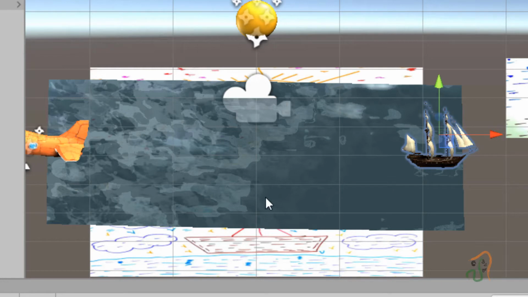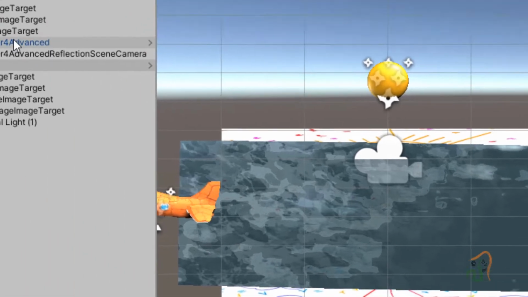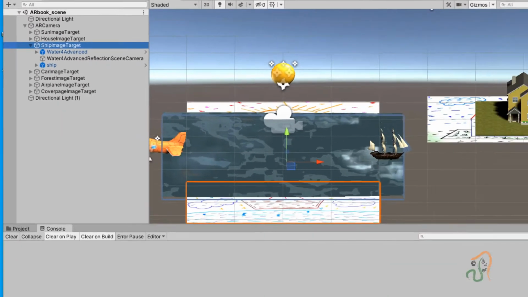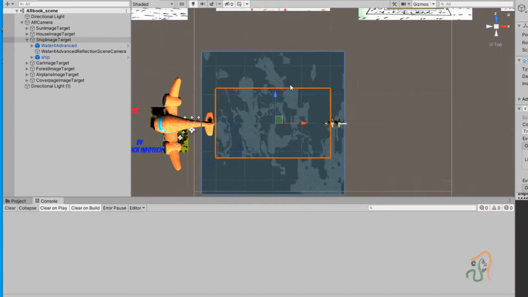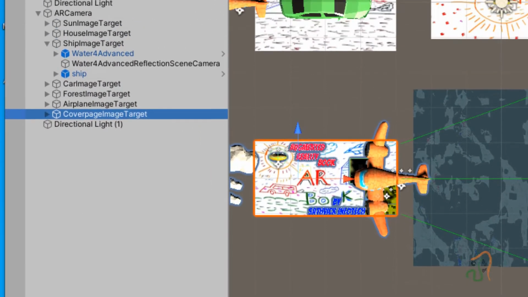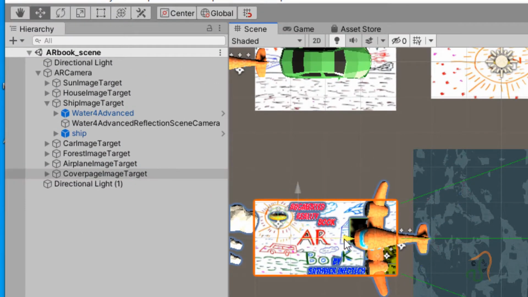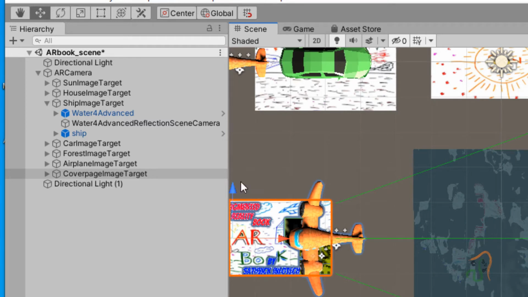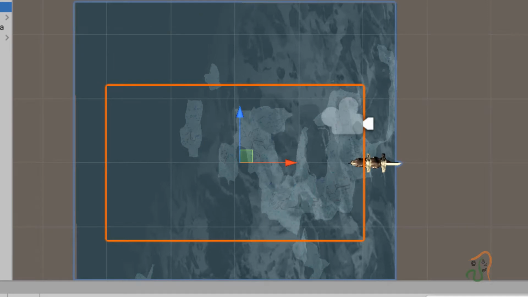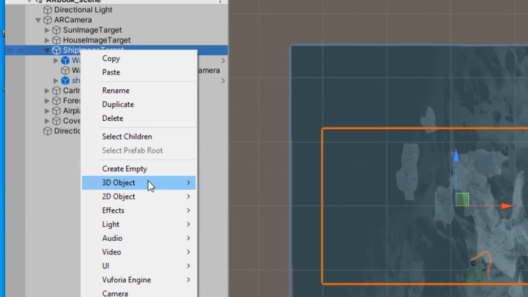So to do this, let us start with this ship image target. First we shall adjust the ship image target. Come to the top view, and you can see here this AR book object is clashing with this ship image target. So select this cover page target here, select the move tool, and let us move it a little to the left. Then select the ship image target again, and with the ship image target selected, right click and choose 3D